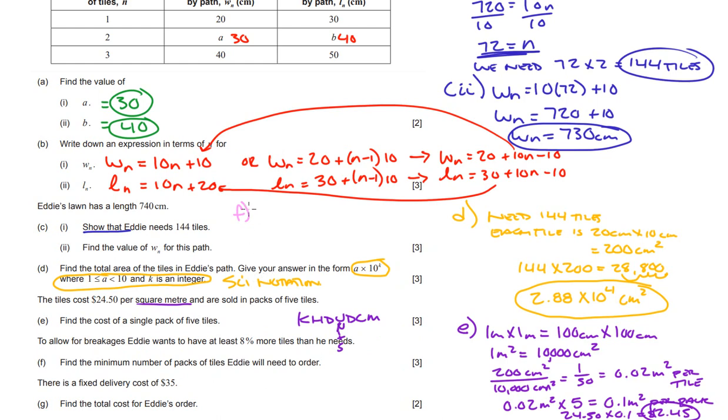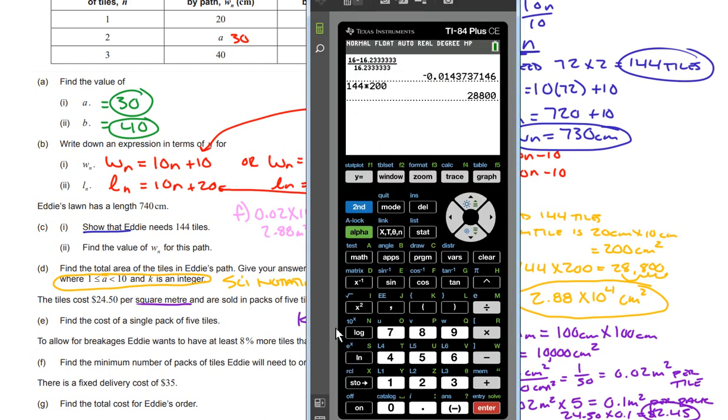Okay, so we know that each tile, 0.02, times 144, because that's how many tiles we're going to need, is going to equal, if we multiply that out, 2.88 square meters needed. But again, we want an overage of 8%, so we got to take that 2.88 square meters and multiply it by 1.08, because that's going to add the original 100% plus another 8%. And if we do that, 2.88 times 1.08,